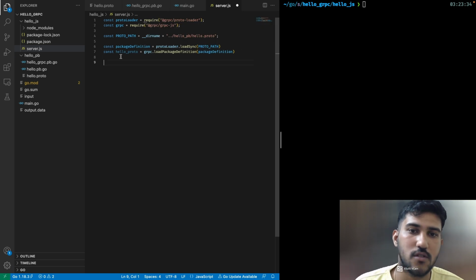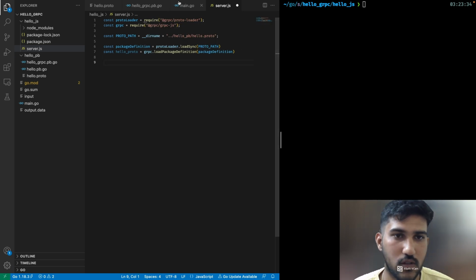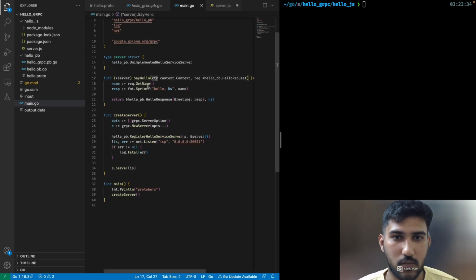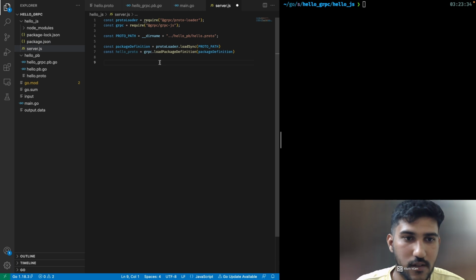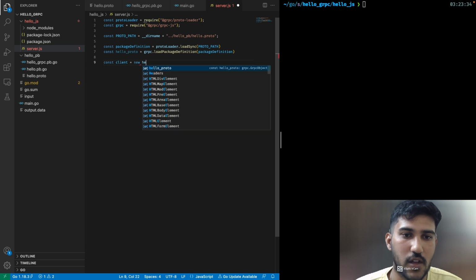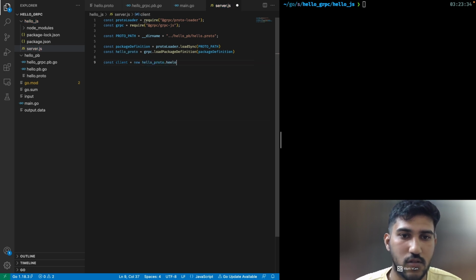Now what we have to do is, in order to even connect, the goal we are looking for is, in this main.go, we will be having this server running at port 50051, and we want to access this SayHello function. So in order to hit this 50051, we need a client which is going to act as an intermediary to hit the port. So for that, we need to create a client. Let's say client is equal to new helloProto.hello.hello.HelloService,